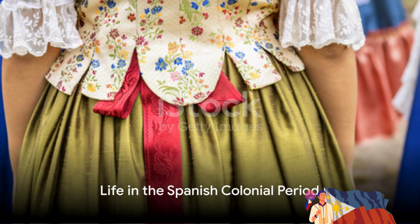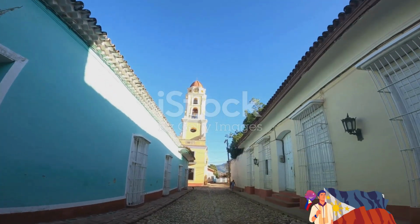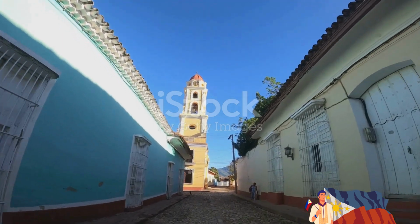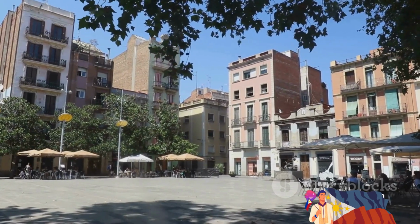Ever wondered how life was during the Spanish colonial period? Picture yourself waking up, not to the sound of your smartphone alarm, but maybe to the crowing of a rooster or the tolling of church bells. Welcome to the world of the Spanish colonial period, a time that may seem both intriguing and bewildering when compared